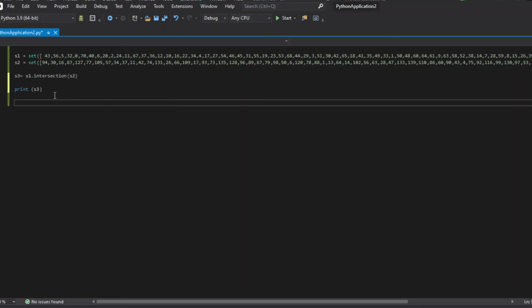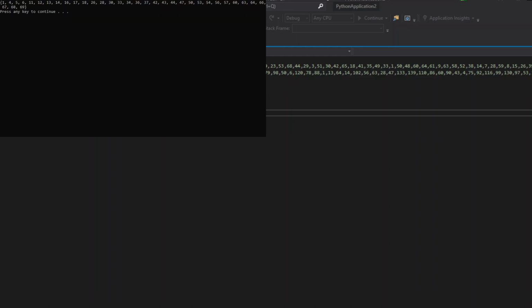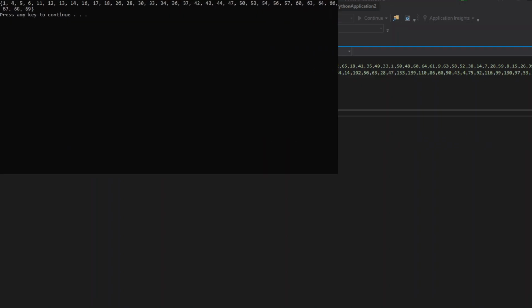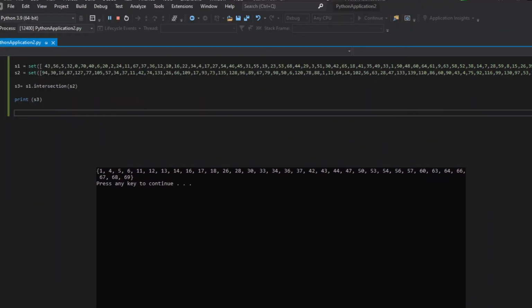Okay, so I define a new set S3. This is just a programming thing. You don't need to know much about it, but basically I need to print S3, which is the intersection between S1 and S2, which is 1 and 2 here. Right, so I'll play it now. And so basically this is what I got from the results, the output that I got from the command